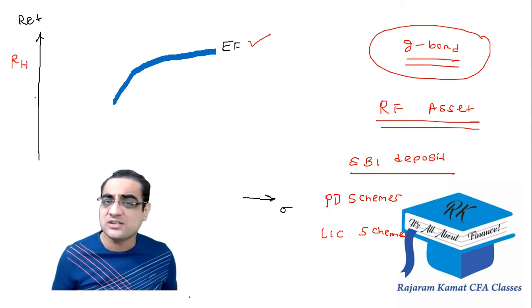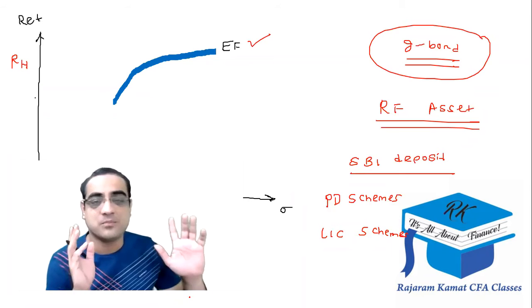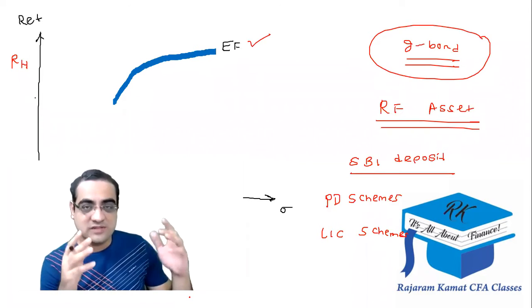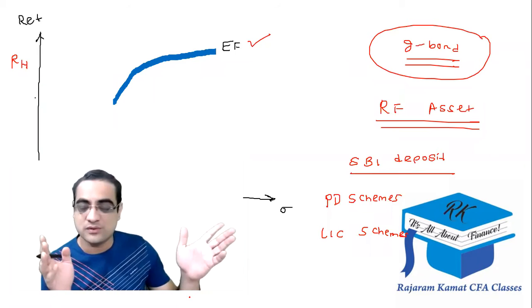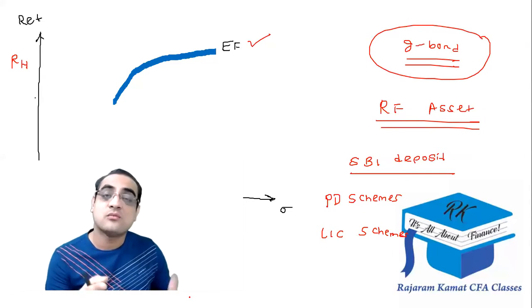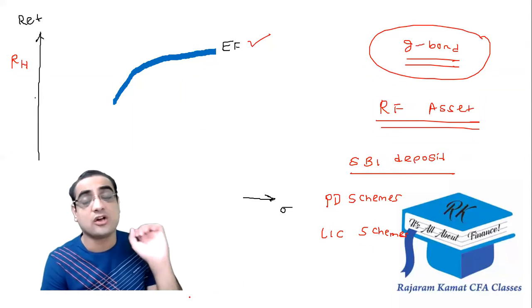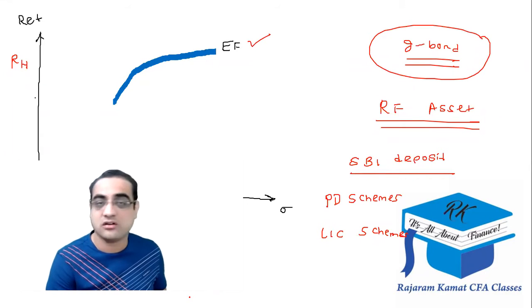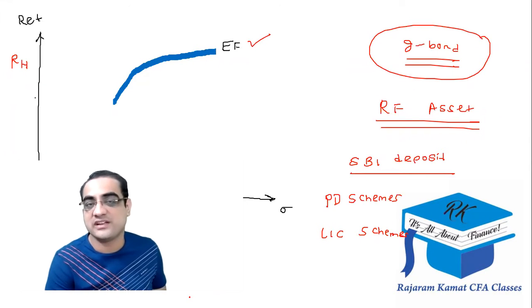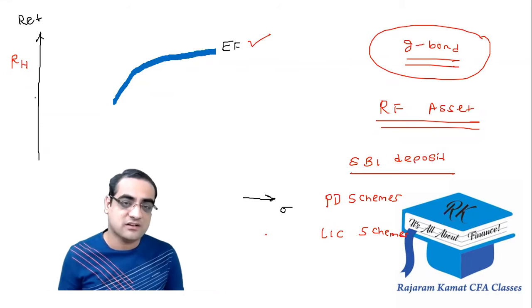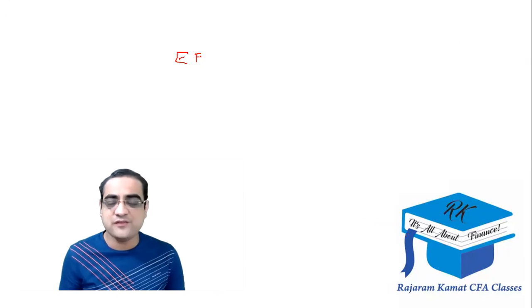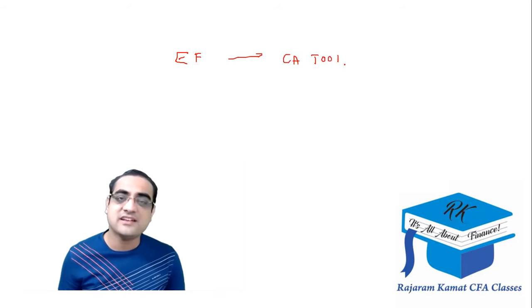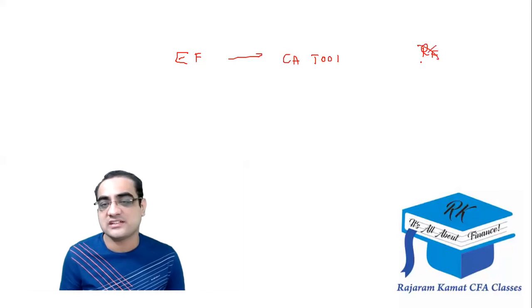What do I mean by capital allocation tool? The capital of the client, that is the portfolio of the client, needs to be invested into something, some investments. That is called the allocation of the portfolio. A tool for that would be an efficient frontier. That is, the capital allocation tool would be an efficient frontier in case the client does not or cannot invest into risk-free assets. So the efficient frontier, let me just put it over here: it is a capital allocation tool in case the client does not invest into risk-free assets.